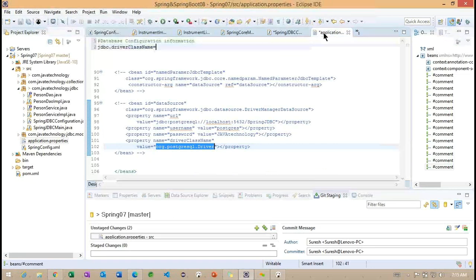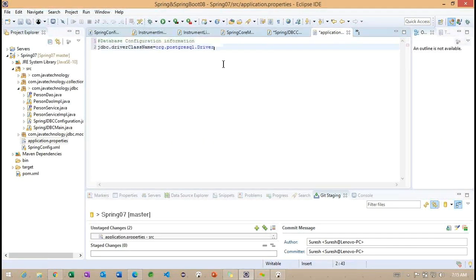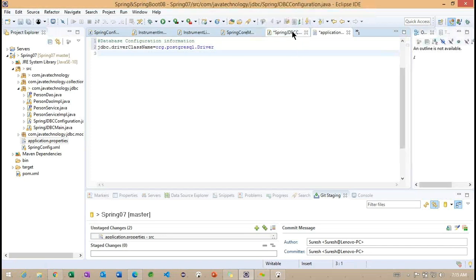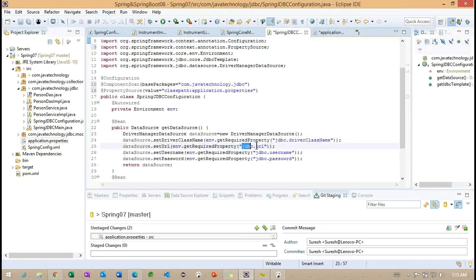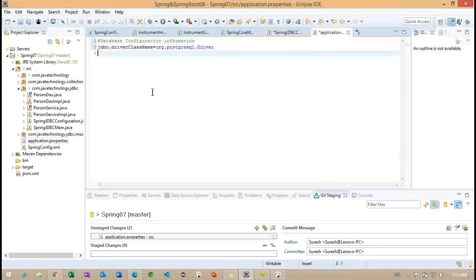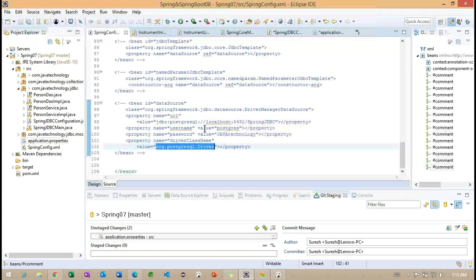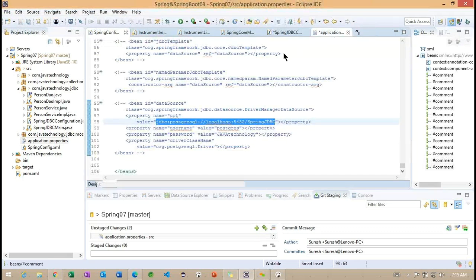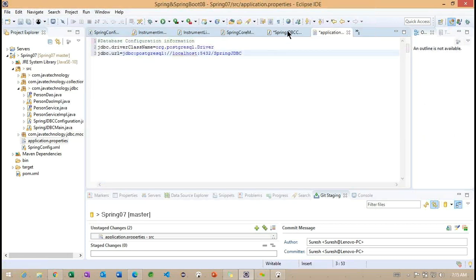This is our driver class name. What is the URL? This is our URL.